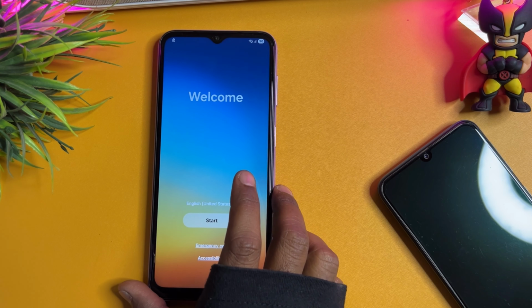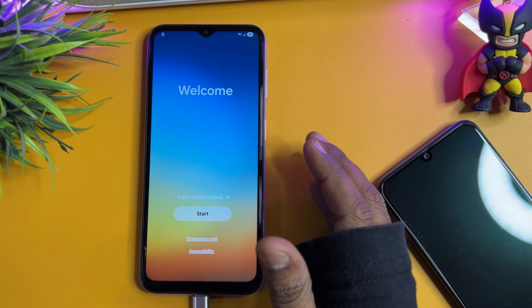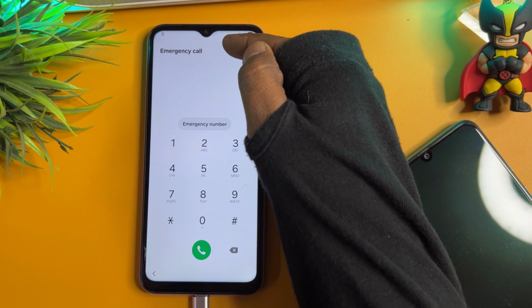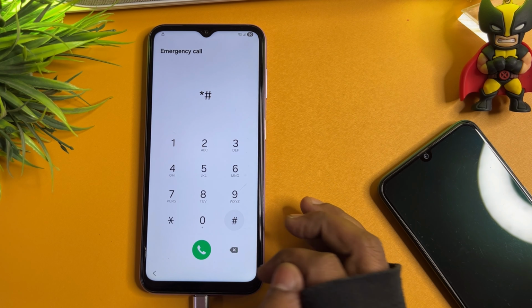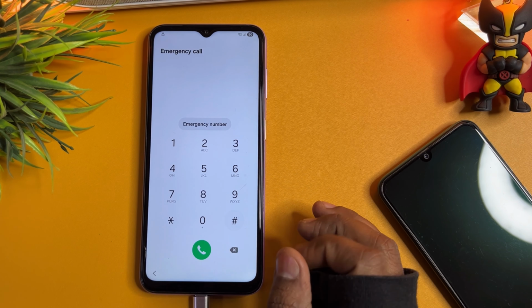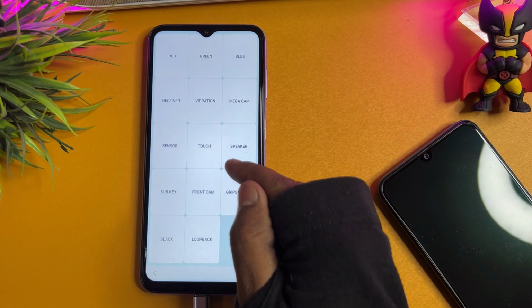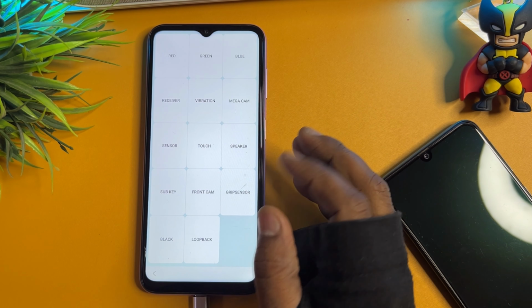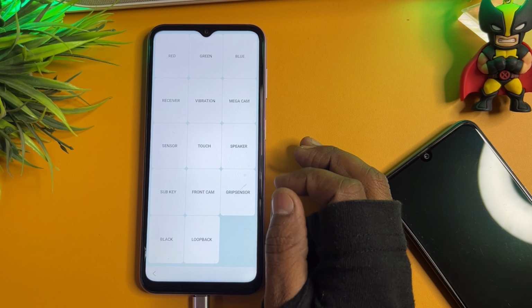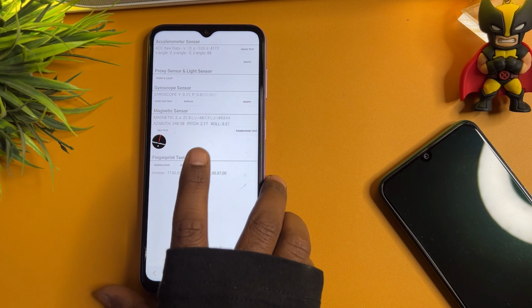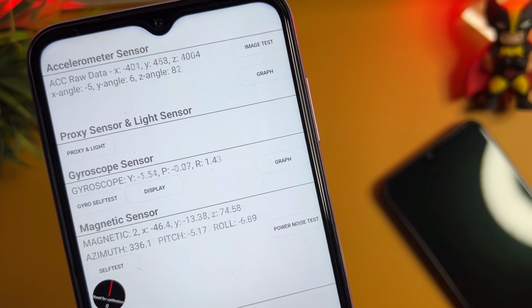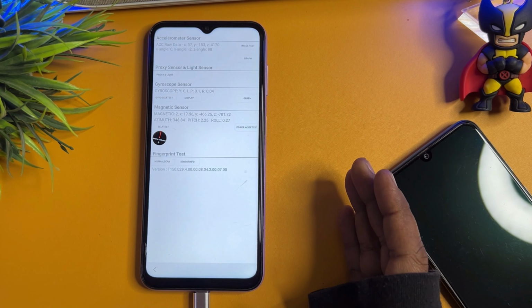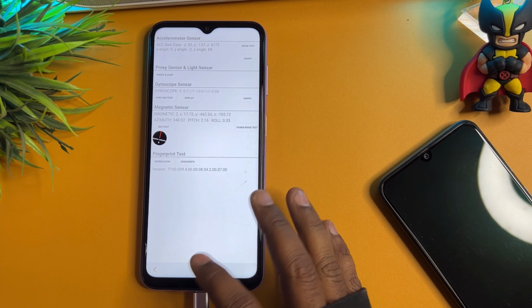and after all this is done, click the emergency calls only page here. When this page comes, dial *#0*#, and after that the settings page comes again, and here you have to find a very important option called sensor. Find this and click OK. After that, you can see lots of sensors synchronizing here. You have to wait for 3 seconds minimum, and after 3 seconds are completed, you can go back to